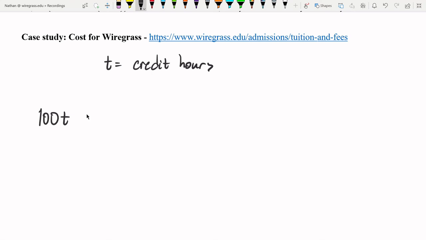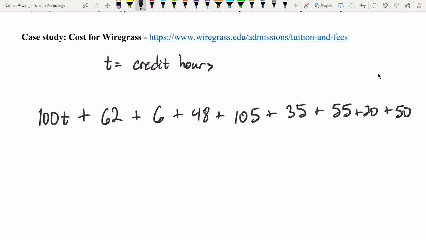So the first one, I believe, was the registration cost at $62, accident insurance at $6, and then I'm going to continue on with the rest of it. Okay, and these are all the fees that are listed. And so there's no real reason to have an expression that looks like this because we have a bunch of like terms. All of these things do not depend upon the hours, they're just a flat rate. And so all of these are just numbers. So we can combine them, and adding them all up, we get